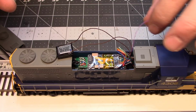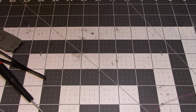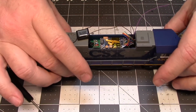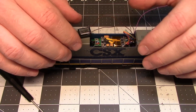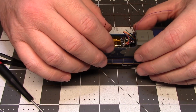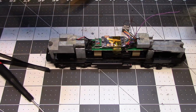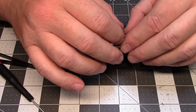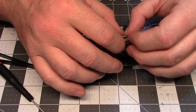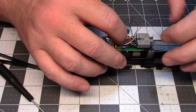So now, move this out of the way. Pull this back in. And let me set this down here. Pull the body back off. I'm going to go ahead and put all this back together before I load that up. Probably against my better judgment, but